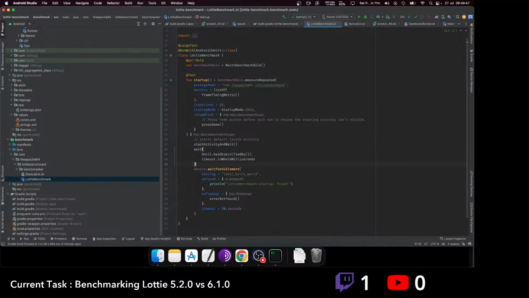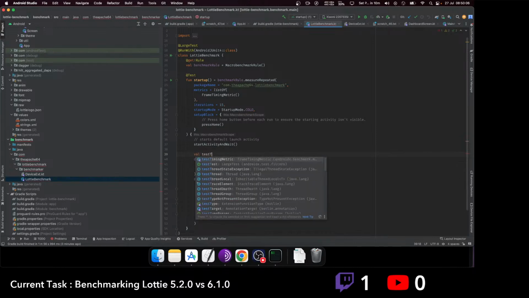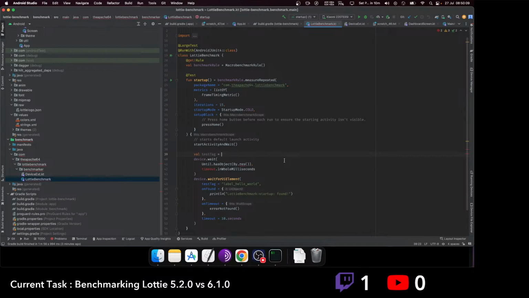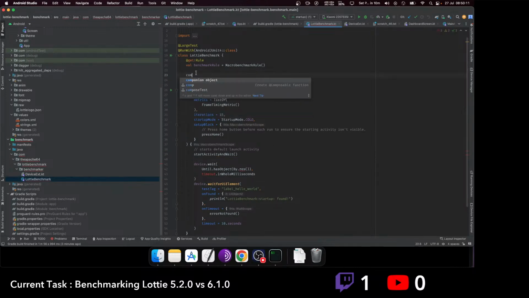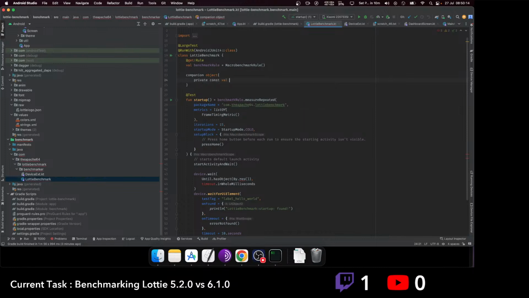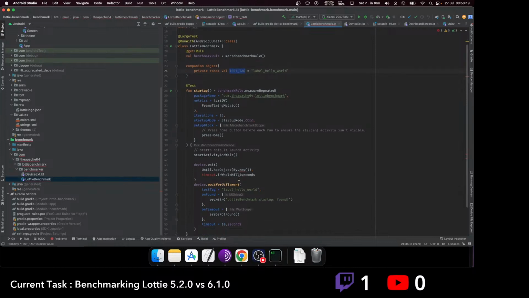We will use this device class directly, and we will use the selector, by res selector, test tag here. Wait, should be a constant, I guess. This should be 5,000 ms,